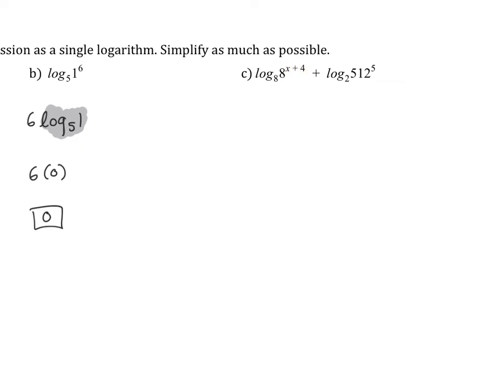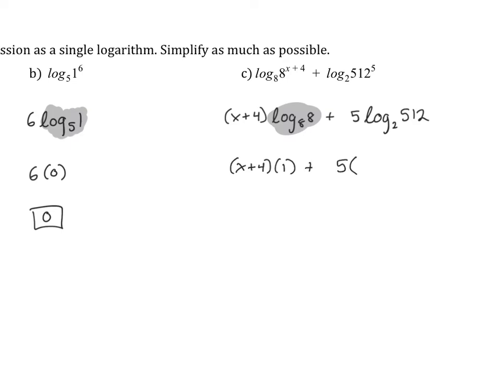So we're going to take the entire exponent. I'll keep it in parentheses to show that it's grouped, and then times log base 8 of 8. And then plus, let's do that power property again, 5 times the log base 2 of 512. All right, so now let's see if we can simplify this. Remember, if the base and this number are the same, it always simplifies to 1. So we have x plus 4 times 1 plus 5 times